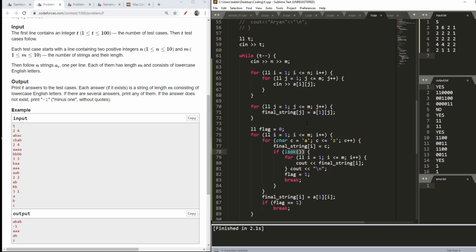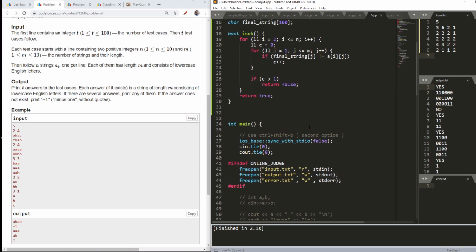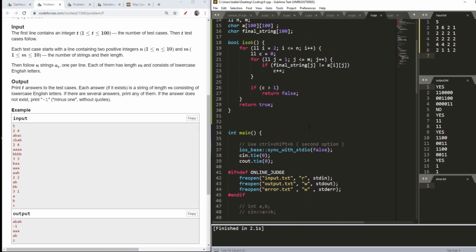Now isOK is a function which will tell me whether, if I modify the first string with the particular alphabet, it will match with the next n-1 strings, from index 2 to n, which I showed here.